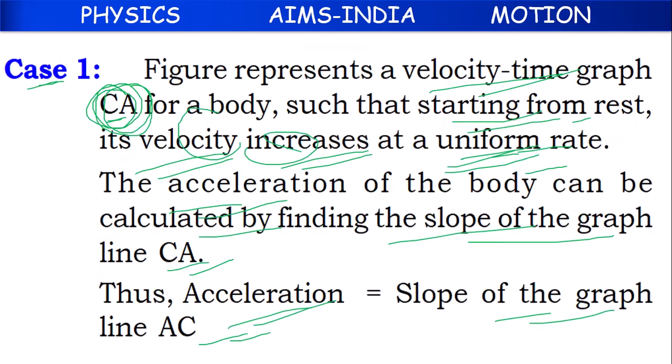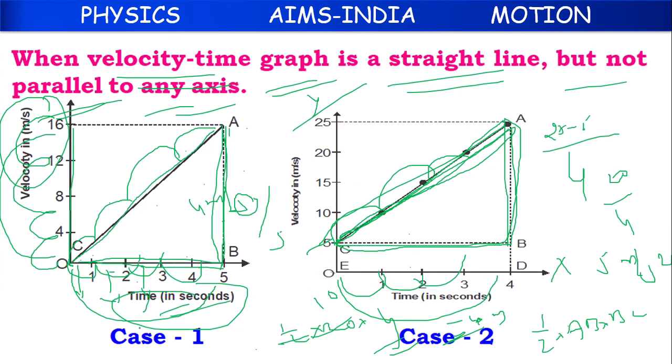Sorry children, area means the total area we have to cover, along with the coordinate axis. Not only this part, we also have to cover this part. This part we have got 40 meter, but downside we have a rectangle whose one side is 5 and the other side is 4. Rectangle area is length into breadth, 5 into 4, 20 meter. This is 40 meter, this is 20 meter, which is equal to 60 meter.